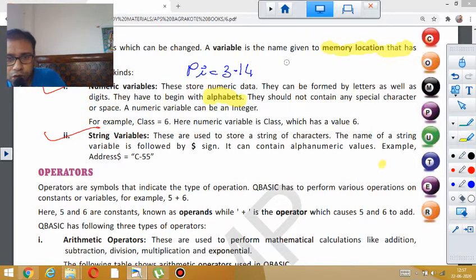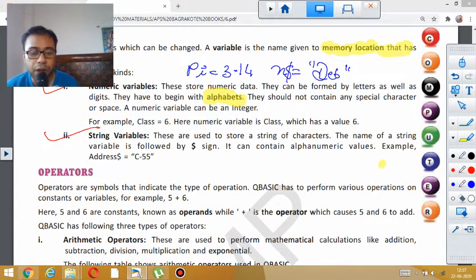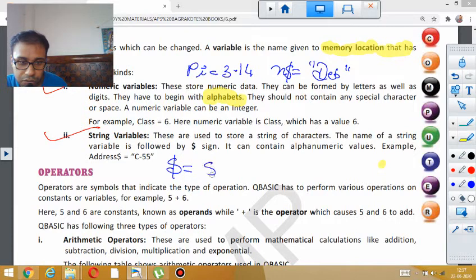Like if I store n dollar is equal to my first three letters, DB. What is dollar? Very important. None of you should ask me, sir, what is dollar? Before that only I am telling, dollar is called the string constraint.